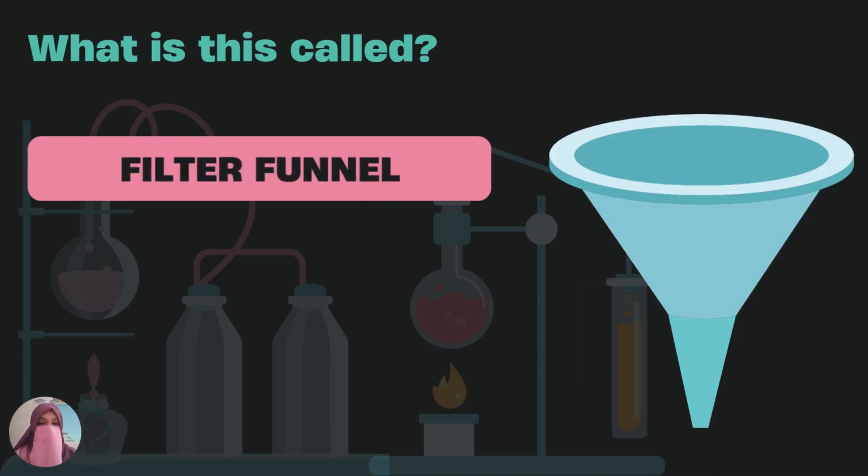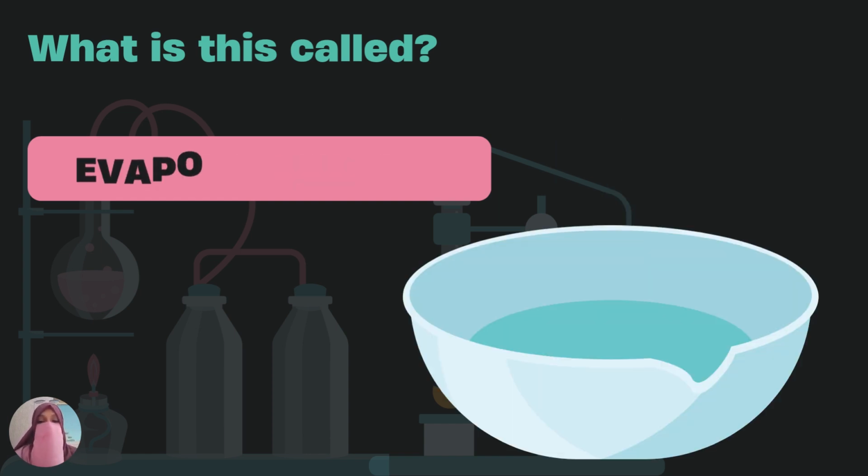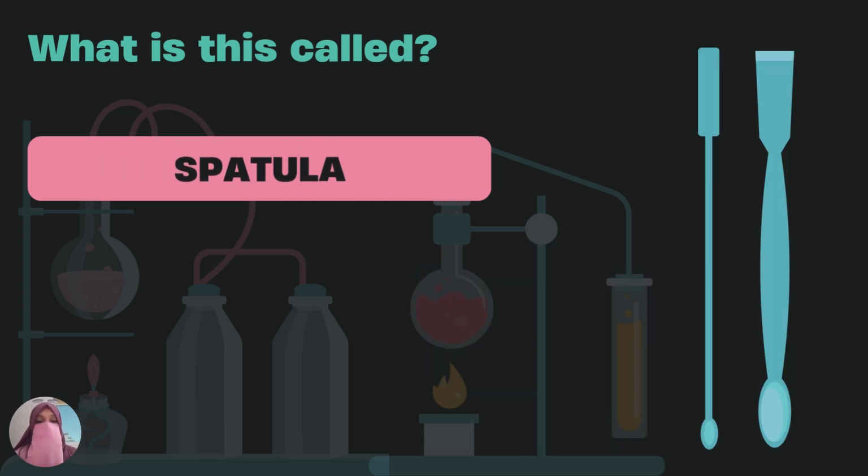What is this called? An evaporating dish. No, this is a filter funnel. You have to write filter funnel in full. Now, that's an evaporating dish. For the crystallization experiment, we pour the solution into this evaporating dish, and then we heat it slowly and gently so that the water evaporates until we reach the crystallization point, until we see crystals on the edge of the dish. Then we stop heating and allow it to cool. Then the crystals will form.